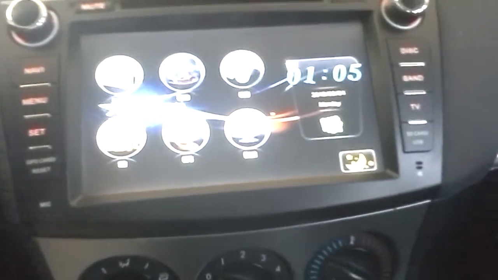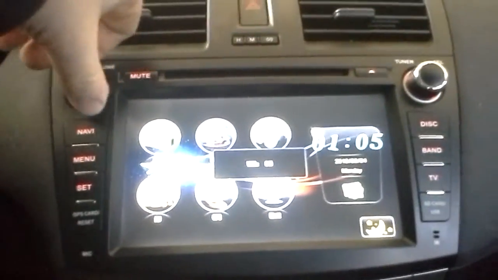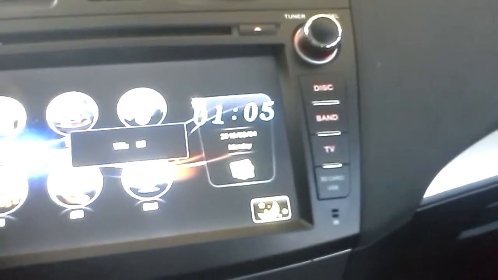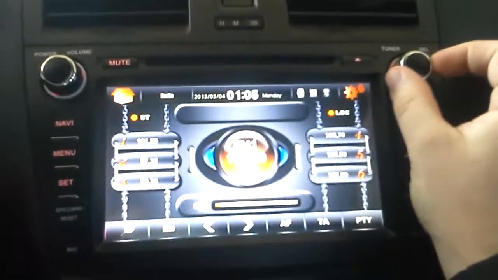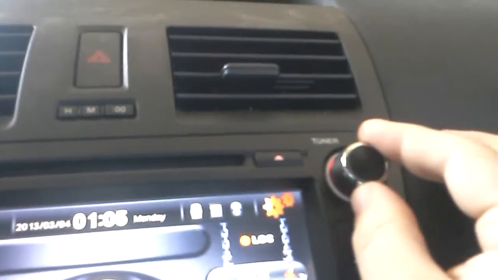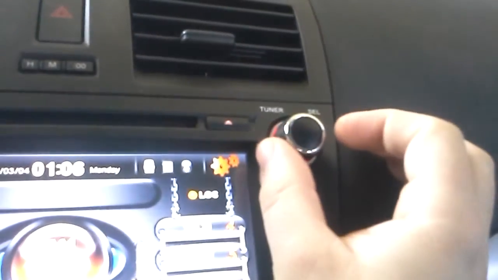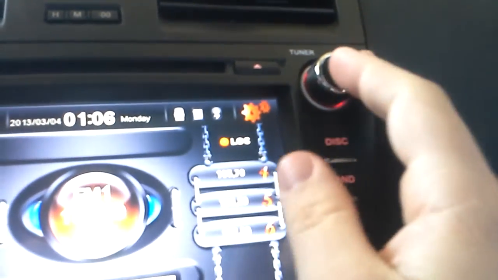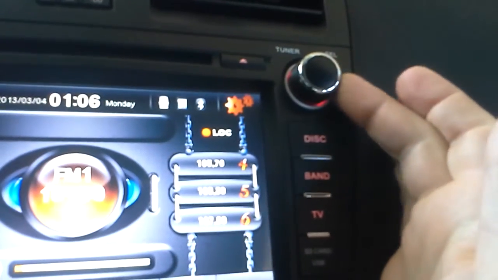So, menu. Everything here is, you've got your typical spin knob for volume. However, the tune knob, mine happened to break. I can spin this. As you might be able to notice, it is spring-loaded. I don't know why they didn't just put another simple spin knob like that, but they didn't. It's spinning, but when you press it,